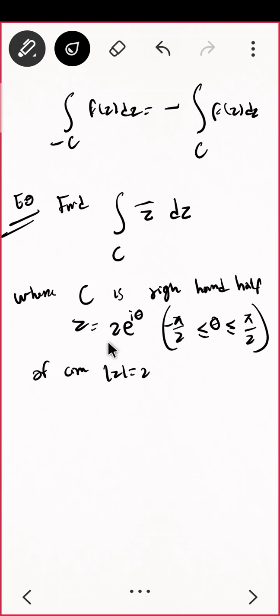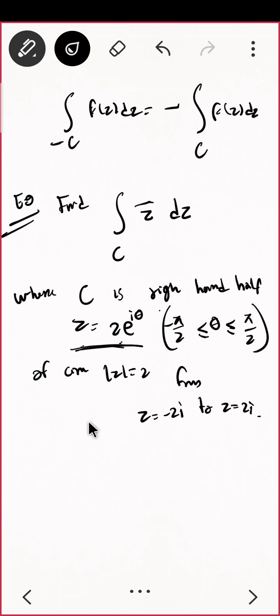If you say from point to point, then what will be your initial point and final point? Put minus pi by 2, put pi by 2. So that is from z equal to minus 2i to z equal to 2i. Correct? So actually even if this part is not given, then also you can understand from this parameterization. So this is the first example where I have already given you the parameterization. If you are having a parameterization, then what do you have to do first? Find the derivative of that, correct?